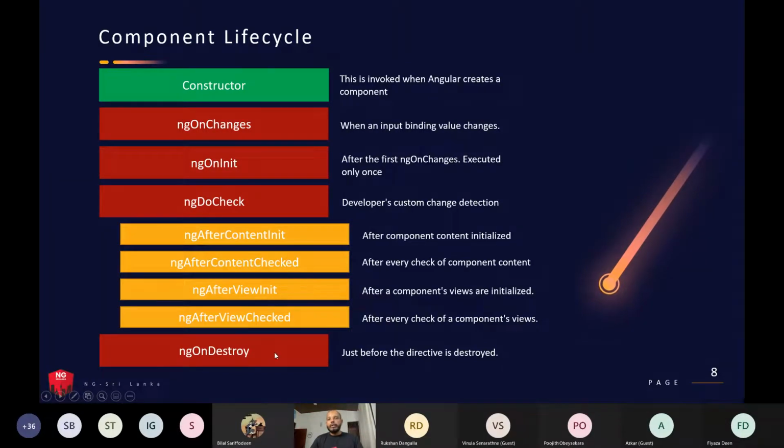And finally, when you try to remove one component from the DOM, this method gets executed just before the directive is destroyed. So you remember the directive selector that we used in the first demo, something like app-comp-overview. When we try to remove that directive, this ngOnDestroy will get invoked. To demonstrate these lifecycle hooks, I'm going to use